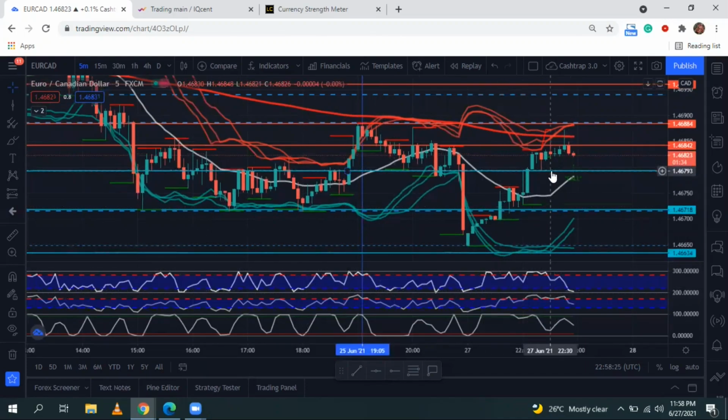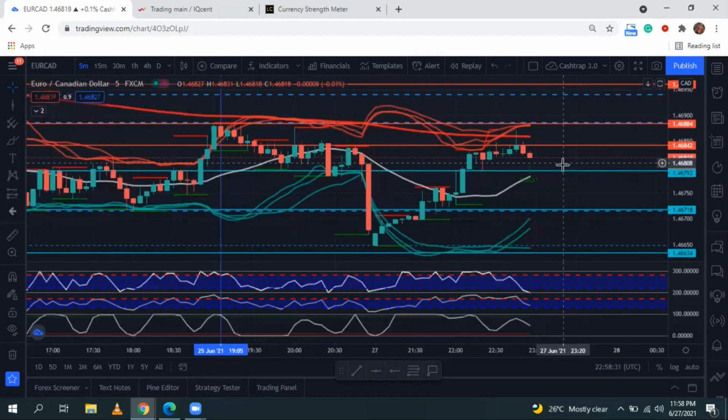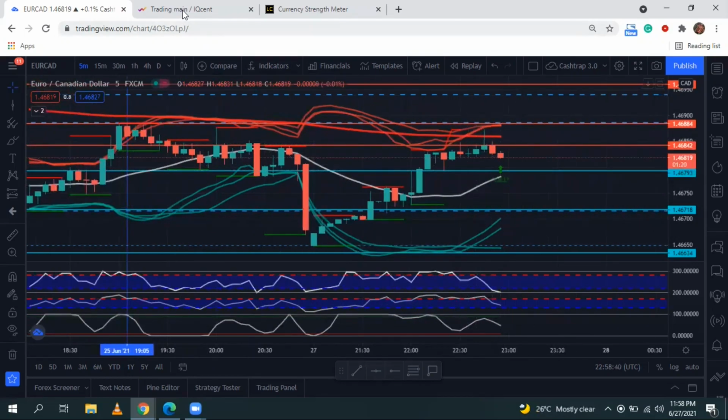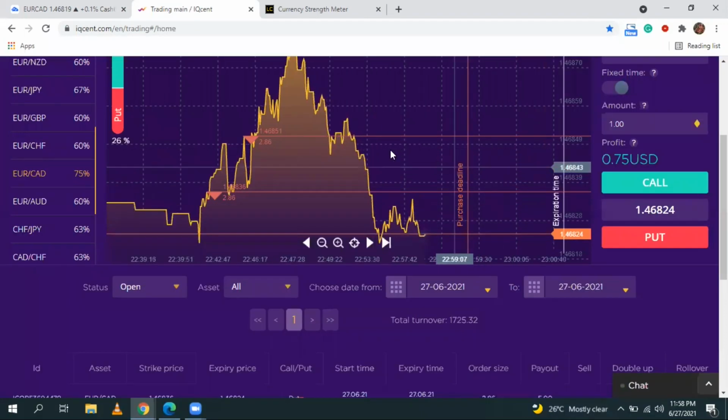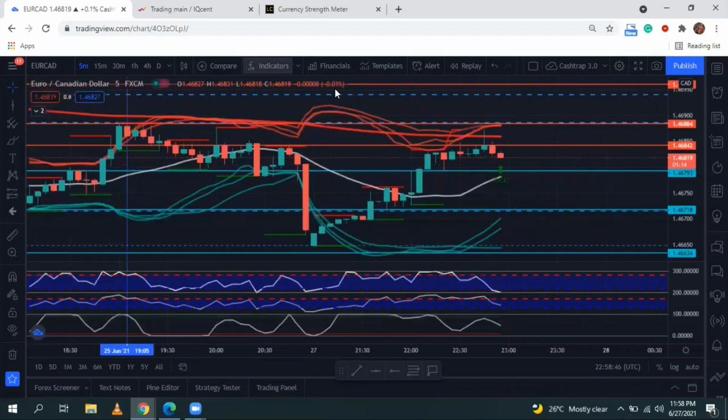You will know what we are looking for with the support and resistance that I just did. So I hope you guys have actually learned something from this. You can see this market is actually still dropping. We are in profit on the broker that we took, and